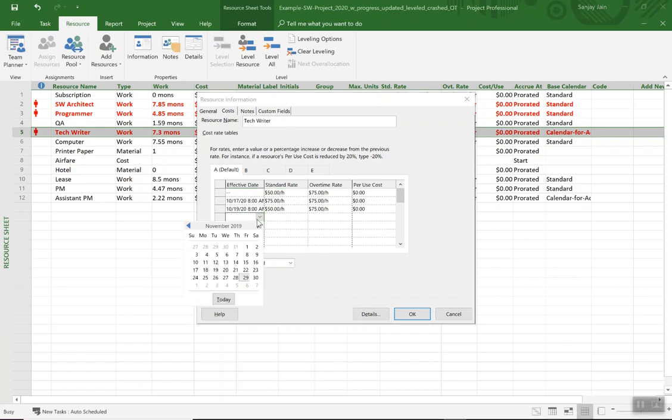Then again, the following weekend, we'll increase the rate again. October 23rd. Wait a minute, actually that should have been October 24th. On Saturday morning, we go back to 75, and then the following Monday morning,